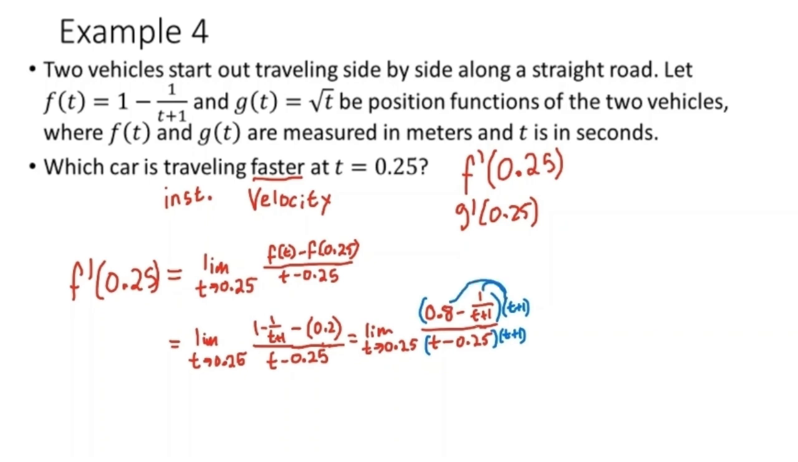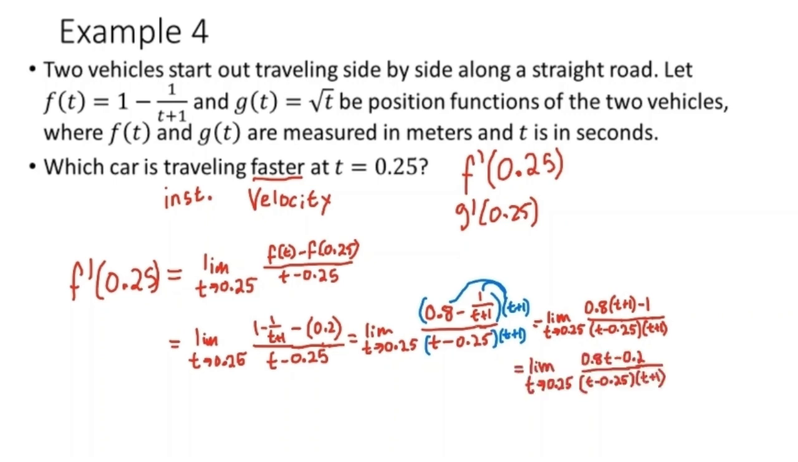In the numerator, we'll distribute, since we're trying to get rid of the complex fractions, which gives us 0.8 times the quantity t plus 1 minus 1. As for the denominator, because we're trying to cancel out the t minus 0.25, we'll keep our denominator factored. In the numerator, we'll distribute the 0.8 and collect like terms, which gives us 0.8t minus 0.2 in the numerator. Now, I stated earlier, our goal was to try to cancel out the t minus 0.25. So in the numerator, to try to get that factor of t minus 0.25, let's try to factor out the